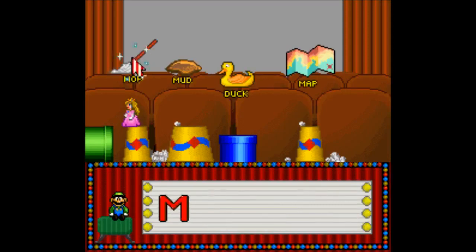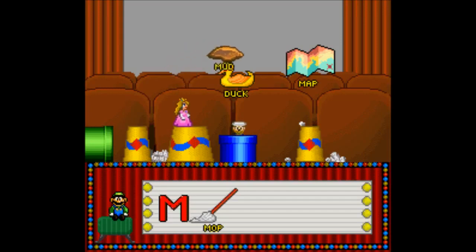Find the word that starts with the letter M. You did well! You chose mop that starts with M. Mop. Choose a word that starts with the letter M. You found it!